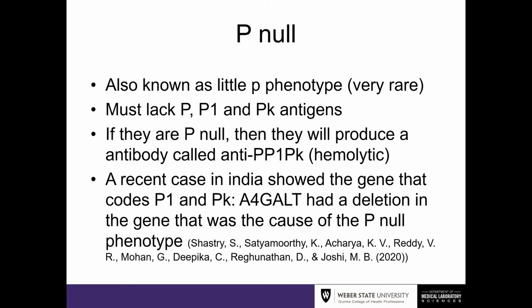So if this person was in a car crash and he needed blood, what type of blood would he get? Let's say for myself, since I more than likely have the big P, if my O negative blood were to be given to him as a red blood cell transfusion, there would be a strong hemolytic reaction. The antibodies in his plasma would be reacting to the P antigens on my red blood cells, and it would be causing hemolysis. And then also trying to find someone else with a little p phenotype to donate blood is very difficult because the little p phenotype is very rare,